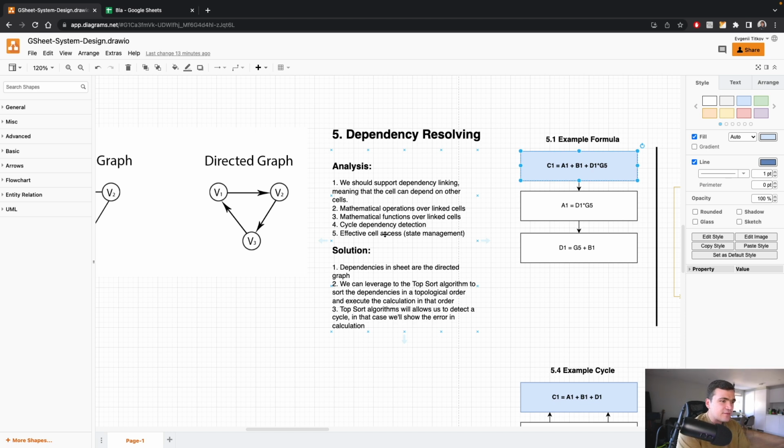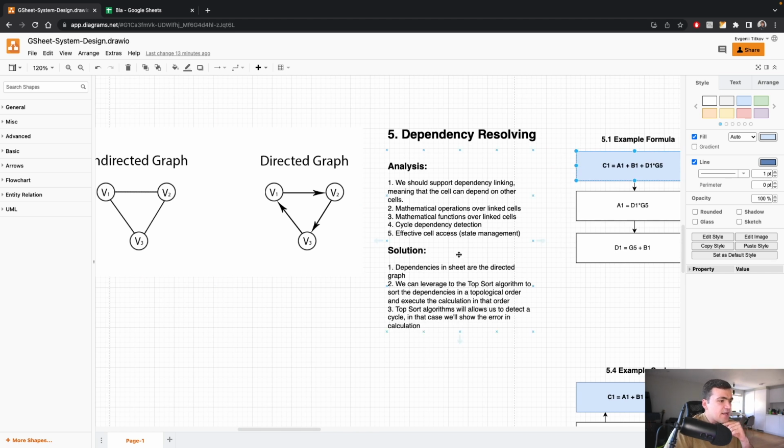So the solution: how do we actually resolve the dependencies in our Google Sheet? To resolve the dependencies in a sheet, we're going to use the directed graph. Here is an example of the directed graph. So how can we understand the order? How should we execute the calculations on the cells? For that, we can leverage the top sort algorithm, which means that